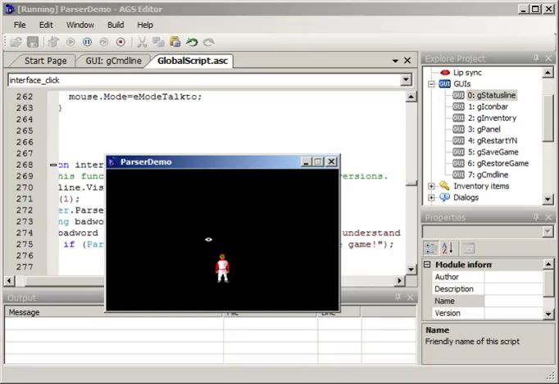So I can't actually type L. Oh, in fact, you know what? This default game template comes with a function that, if you press L, actually switches you to the look cursor. You can see my cursor change to an eyeball instead of the walk that it was before. So I think W sets you to walk, L sets you to look, T makes you talk, and there are probably others as well. If you want to make a proper text parser, obviously you'll need to rip those out. You'll need to delete those key presses and make your own,